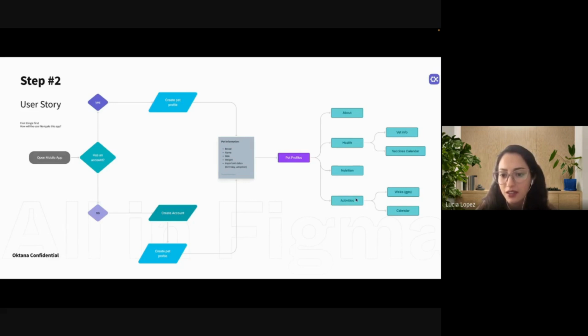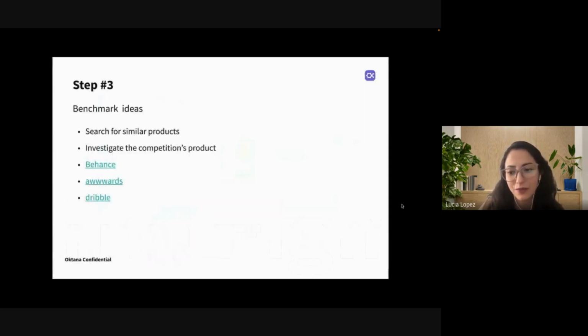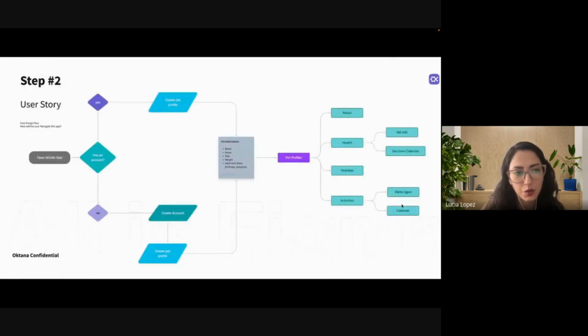So in this part, the idea is that the app will keep track of walks and also have a calendar of walks, because as you might know, especially for dogs, it's very important to keep track of how many walks you can have per week. So when you have the user story, once you're happy with the user story or the user path it will create for the user,